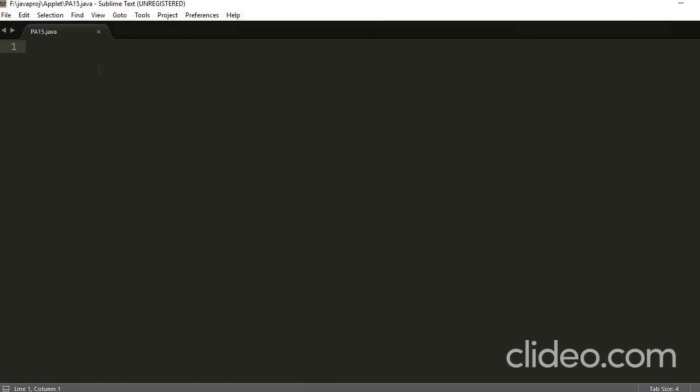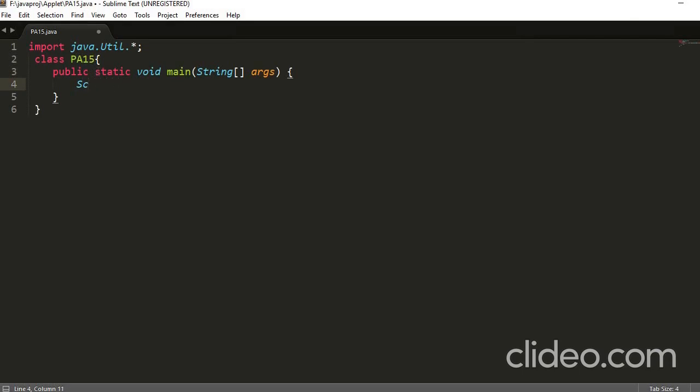Now I need to import the util package because we need to take input. Scanner is present in it, so I will import java.util.*, and I will create a class with pa15, and here inside the main function I will